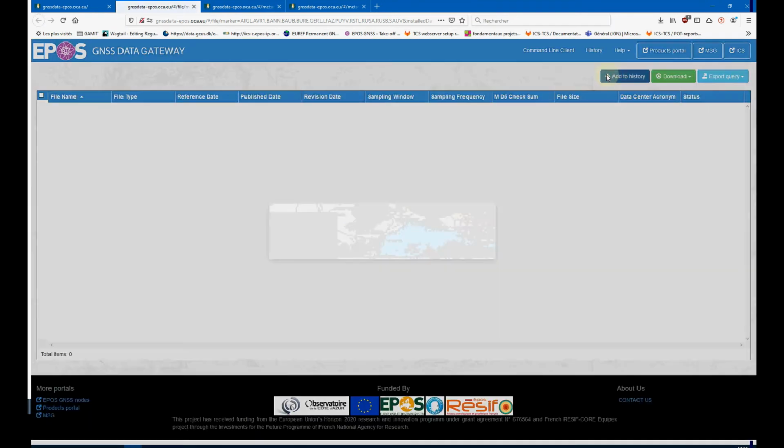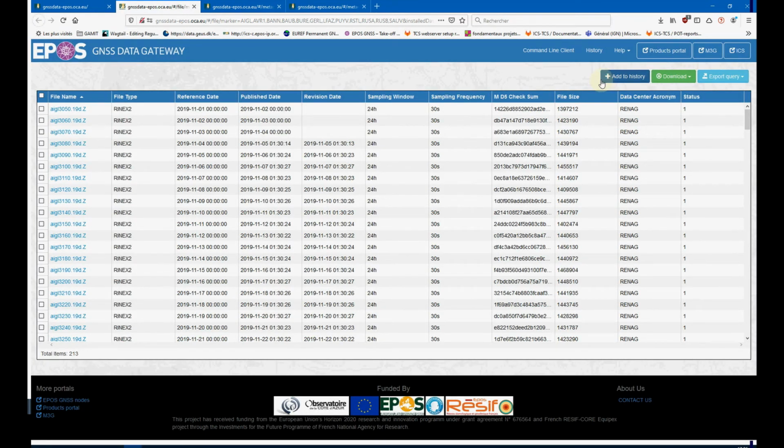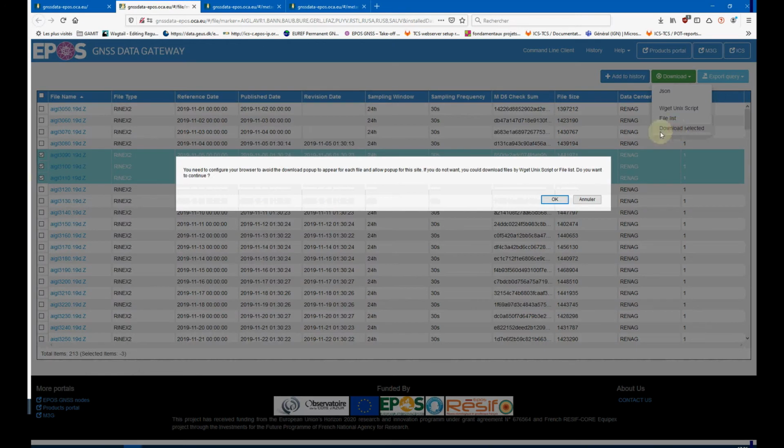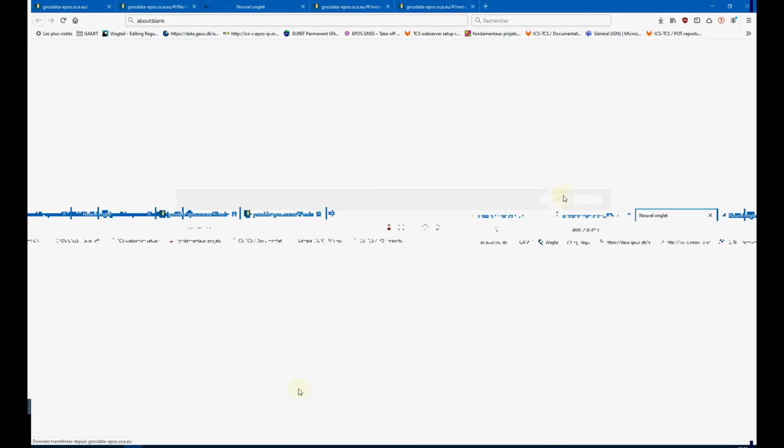So it opened a new window, and there is a new tab that shows the file metadata for the station, like the file name, the file type, the date the data were acquired, etc. From there, it is possible to download either JSON with all the file metadata, a script that uses wget to download the data, a list of file URLs, and finally an option to download directly the data selected.